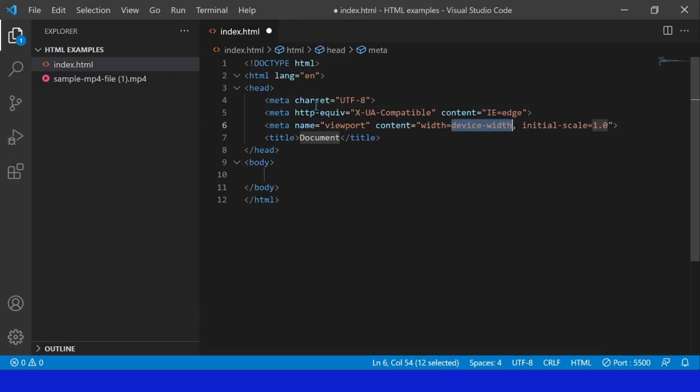Okay, meta, this is another table kind of thing. So the heading is given, the name is the heading, and content is the content under the heading. Name is viewport, content is width=device-width, initial-scale=1.0. That's some data that we give. Okay, so let's begin the part with